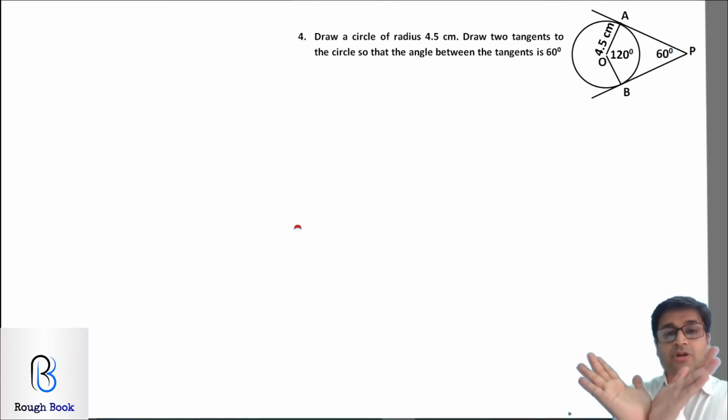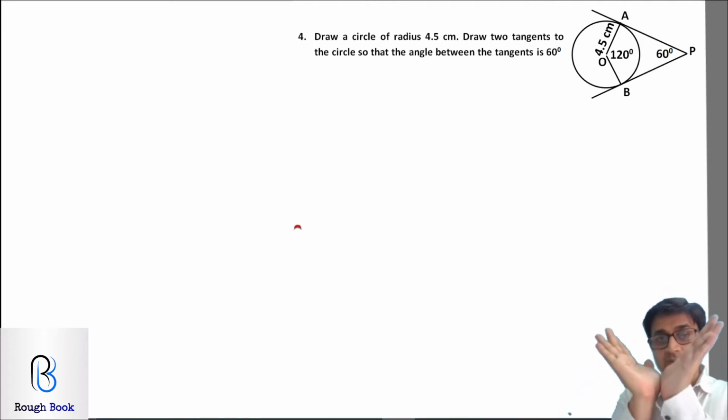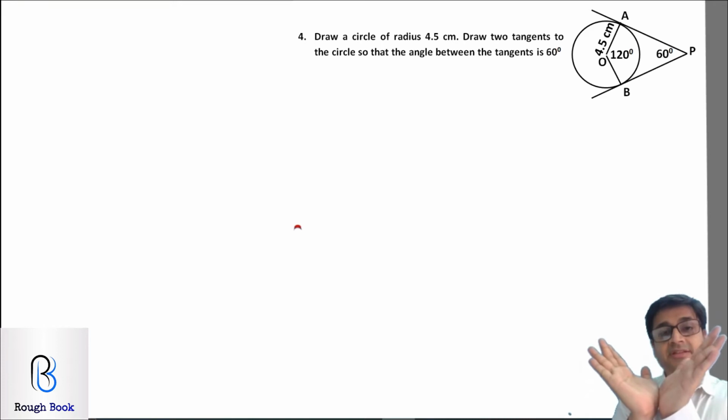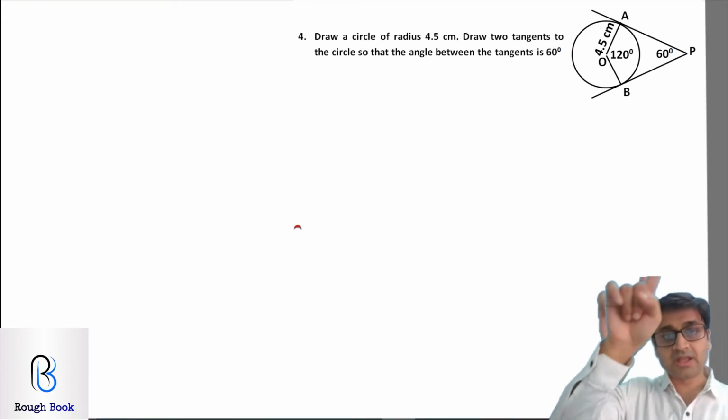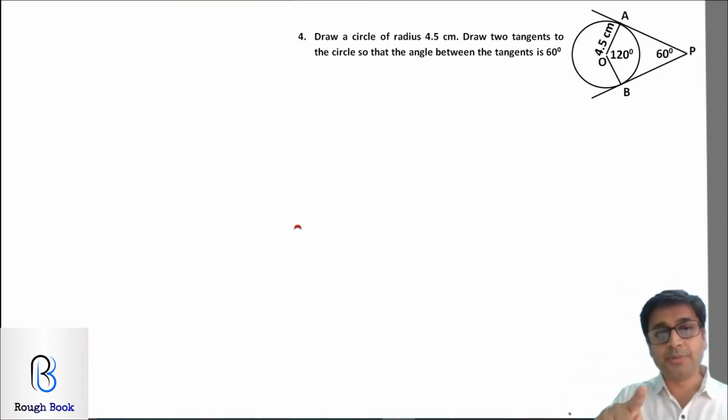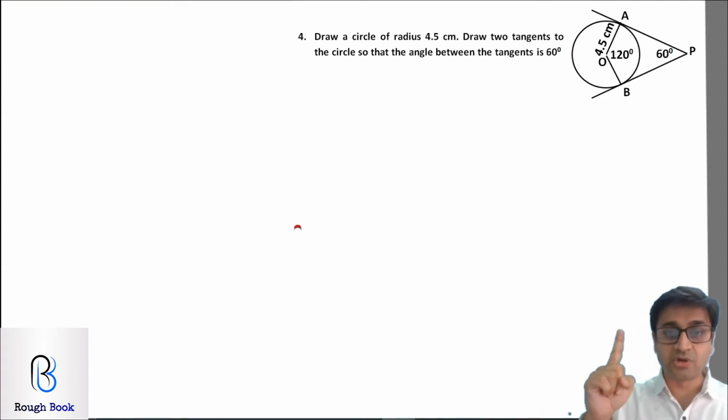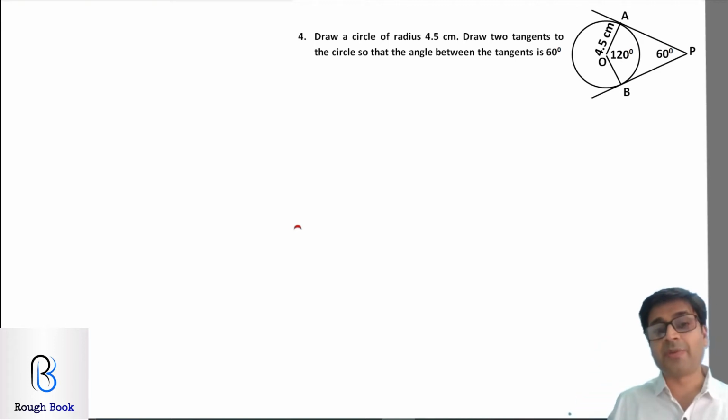Likewise, if you look at the bottom at point B, again it is going to be 90 degrees. And if you look at the entire quadrilateral P, A, O, B, the total of all the angles is 360. You already know 3 angles. One is given to you, 60. The other 2 by property are 90 and 90. So if you apply angle sum property, you directly get angle AOB, which is 120 degrees. Now that you know how much is AOB, your life becomes easy.